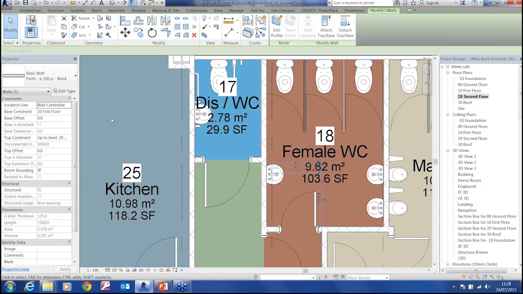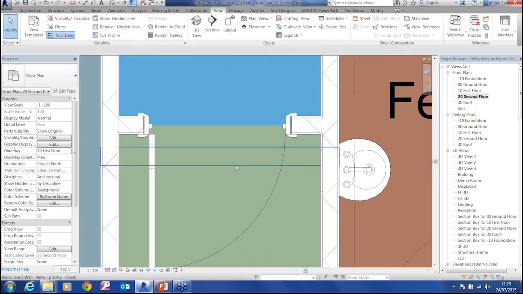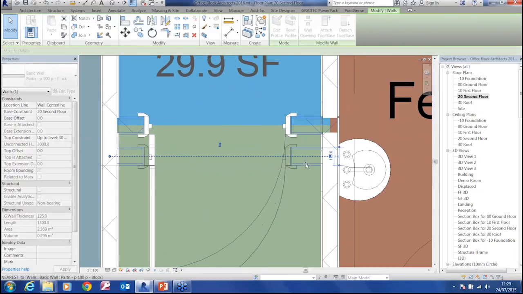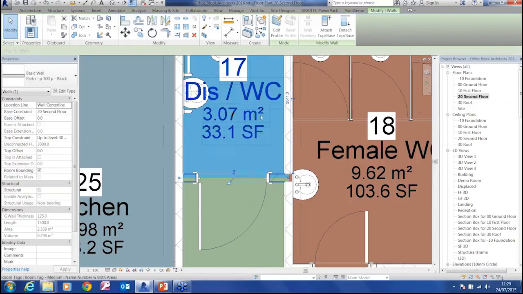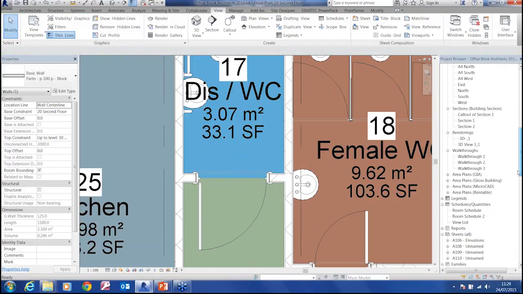It's because I haven't got my underlay set, so we can turn the underlay on to be the first floor. Yeah, and then now it's a bit hard to see, but we can actually just see where the door is on the level below there. Look, it's a bit hard to see on my screen. I can pull that in and it'll snap there. Okay, so 3.07. Hopefully now if I go back to my room schedule,